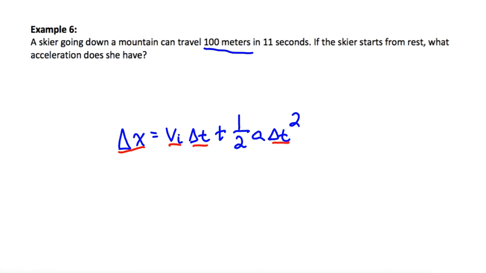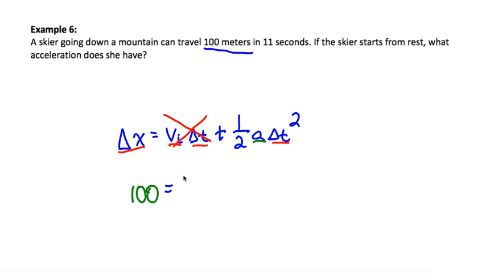What acceleration does she have? So the only thing that we don't know, once again, is the acceleration. So we're solving this problem to try to get A by itself. So let's think about this really quick. Velocity initial is 0. It says the skier starts from rest, so this left side of the equation goes away. We're only left with this. So let's go ahead and write this out. Distance is 100 meters, so delta x will be 100. This will be equal to,